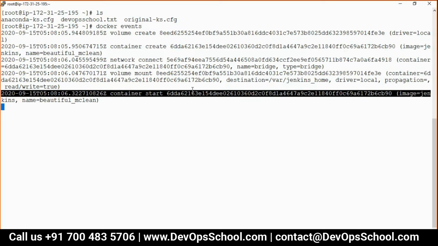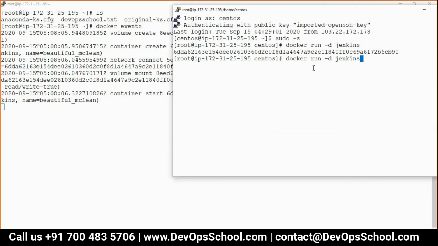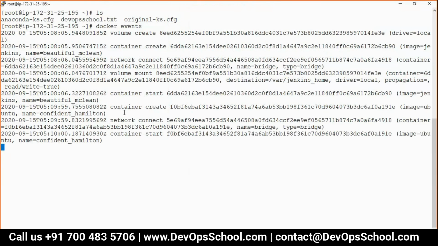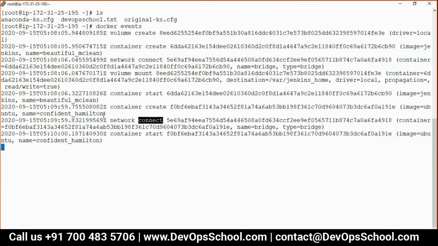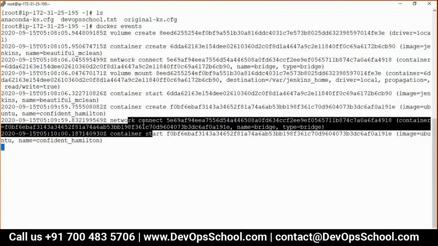Can I create one more container? You see that process. So docker run -it ubuntu. Here, see here. When I do it, only create and connect happen. The container got created, the network got connected.